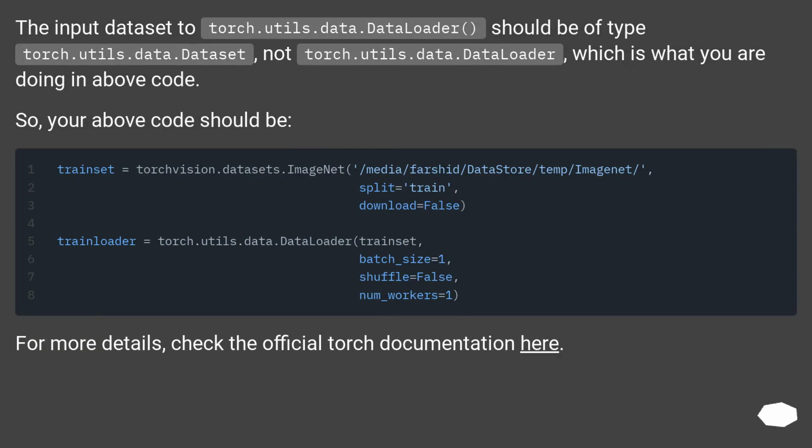The input dataset to torch.utils.data.DataLoader should be of type torch.utils.data.Dataset, not torch.utils.data.DataLoader, which is what you are doing in the above code. So, your above code should be